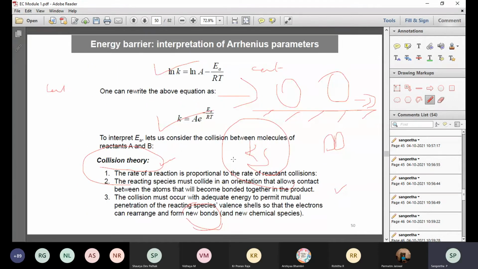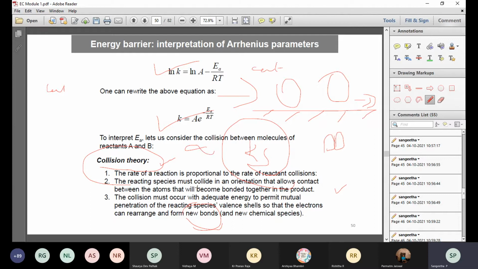Okay, getting back to this, you know how in heterogeneous reactions the phases are different, and if it is homogeneous, the phases are the same. Maybe collision theory, how the molecules collide, and what kind of thing is happening in this case. So the rate of the reaction is proportional to the rate of the reactant collisions.